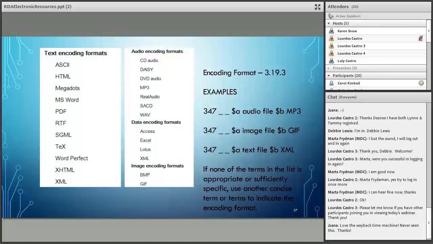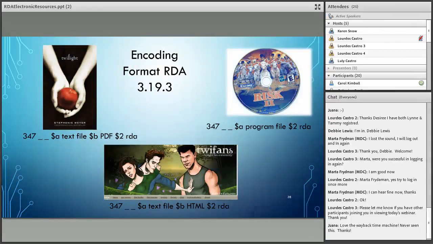Because that will help things collocate together properly if these are searchable in your catalog. So with that in mind, since it's not clear with the RISC disk what the encoding format is, I just left it blank, because these are all optional. Remember, you don't have to have it. And in a sense, if you don't know, or if there are just too many to deal with, it's best just to leave it off. Okay, so that's fine.